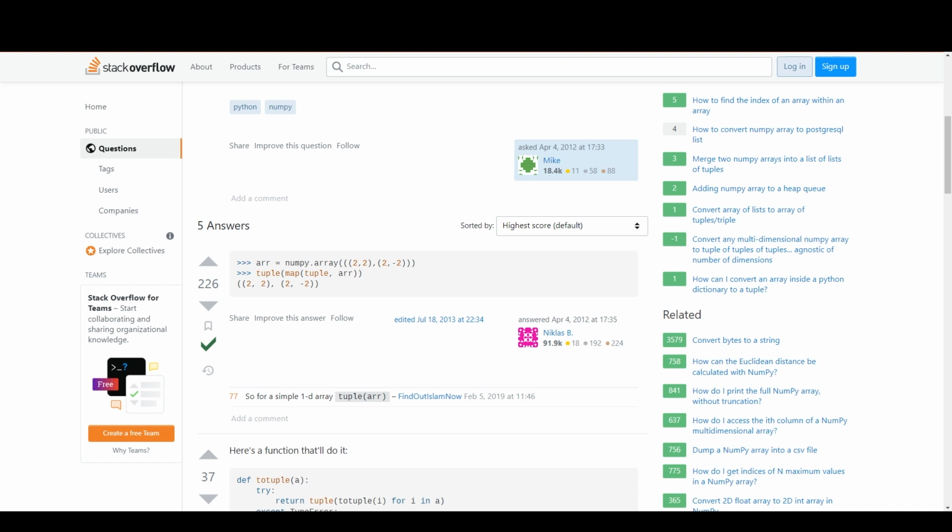Oh. I guess this is what it is. And then you do tuple. Can you do this? Hey. Map. I don't know if you can do this map stuff. Tuple. This. Can you do that?